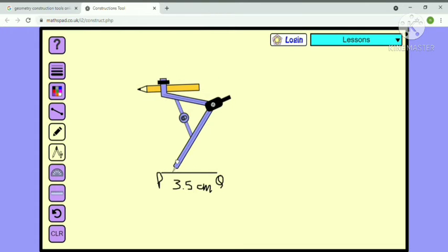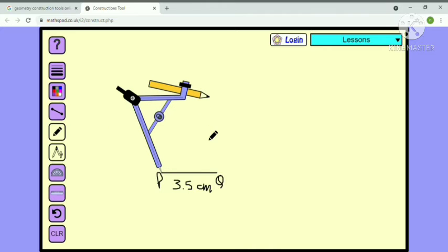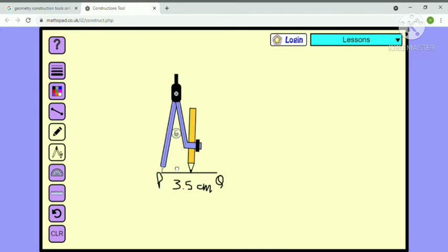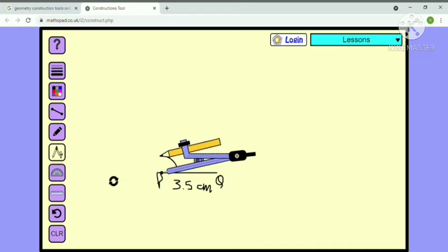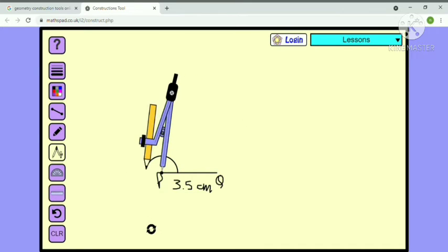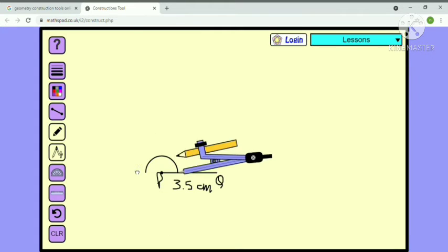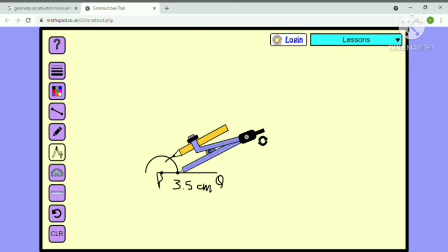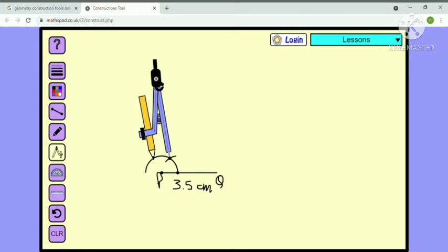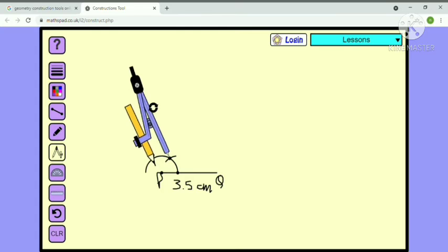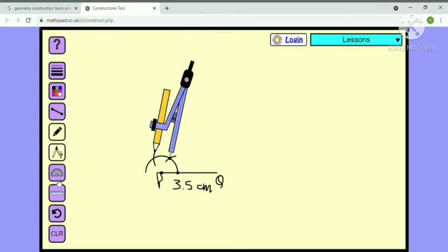So let us take a compass, and we know with the help of compass how to construct 120 degree angle. We will take the measure in our compass which is less than half of the line segment, and we will draw a semicircle arc. Now keeping it there, we are going to mark one arc, and we know that this arc is of 60 degree angle, and by keeping on 60 degree angle we'll draw another arc. That arc is of 120 degree angle. Now we will draw 120 degree angle.